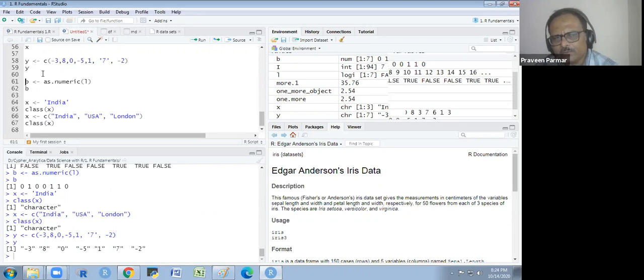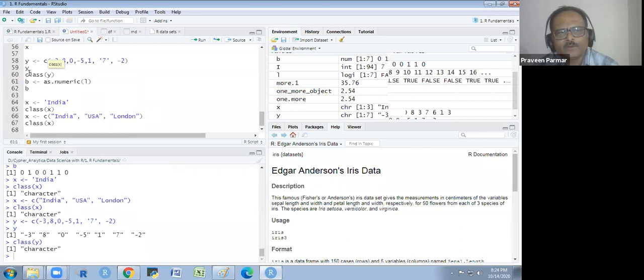If you put only one number in quotes, it converts the whole vector to character. So if I see the class of this Y, it is the character class. Now I could not apply an arithmetical operation on Y because it is a character. Does that make sense to everyone?